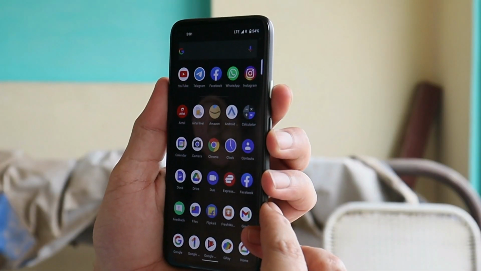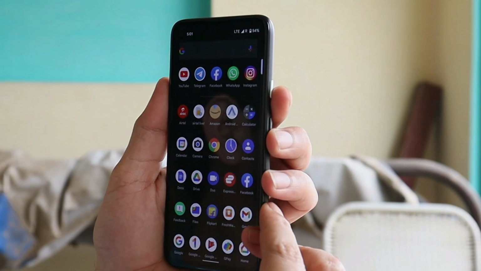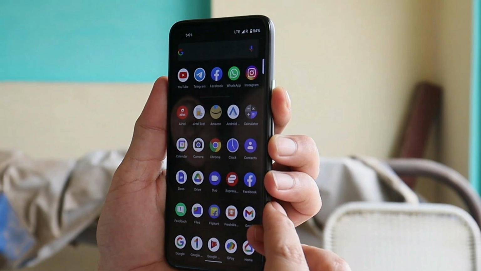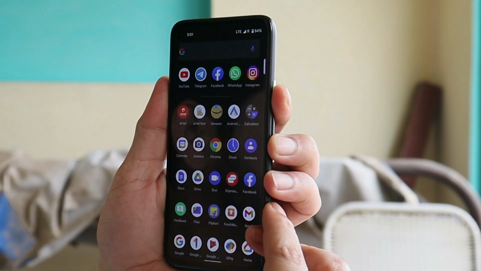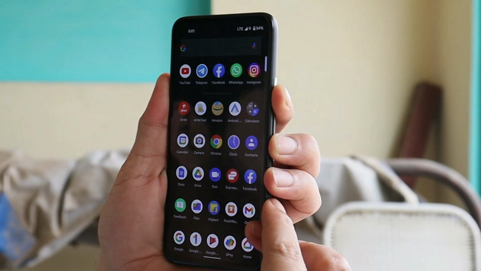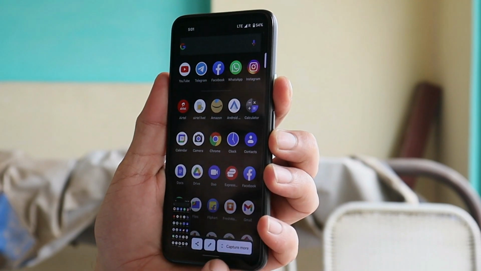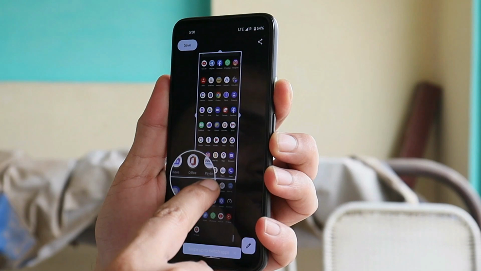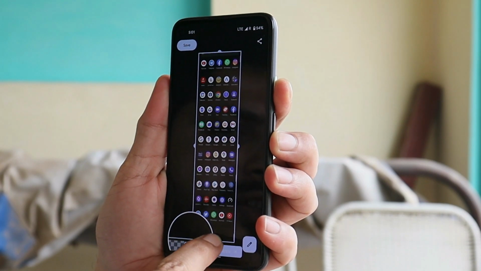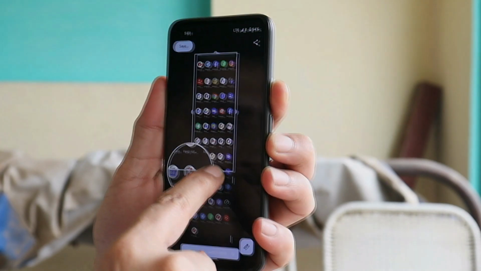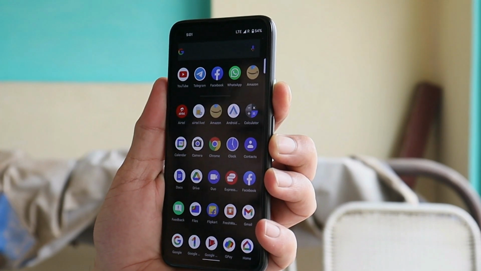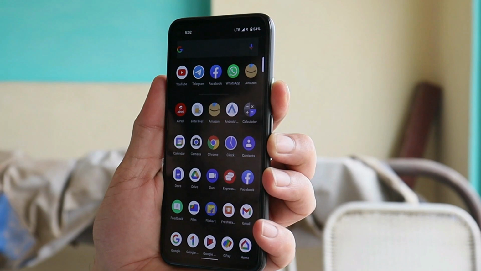Next major change with Android 12 Beta 3 is the addition of expanded screenshot. So finally Google has added this feature on Android 12 Beta 3. Whenever you take a screenshot, we get the option to capture more. Once tapping on that, now you can select the expanded screenshot, or the entire screen, to be captured under the same screenshot. So this was one of the most awaited features on Google devices.